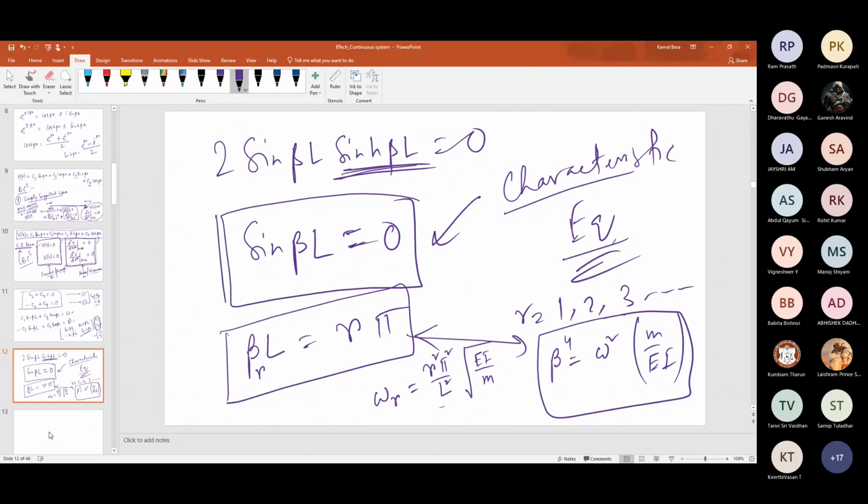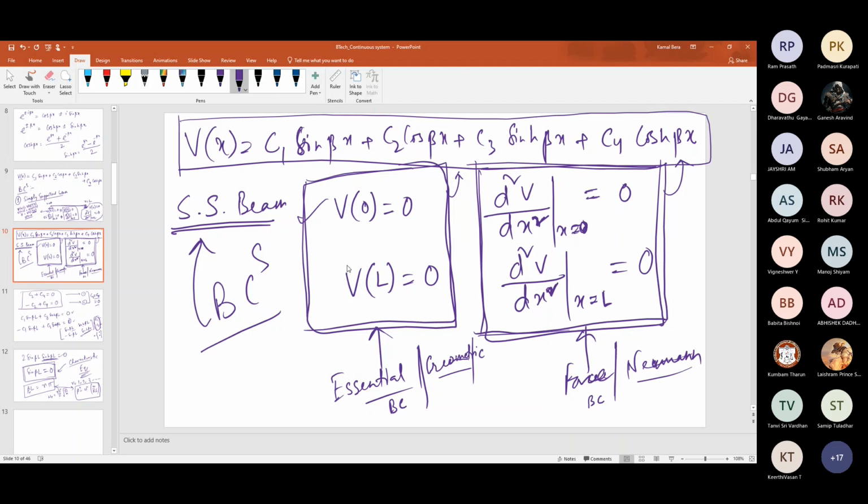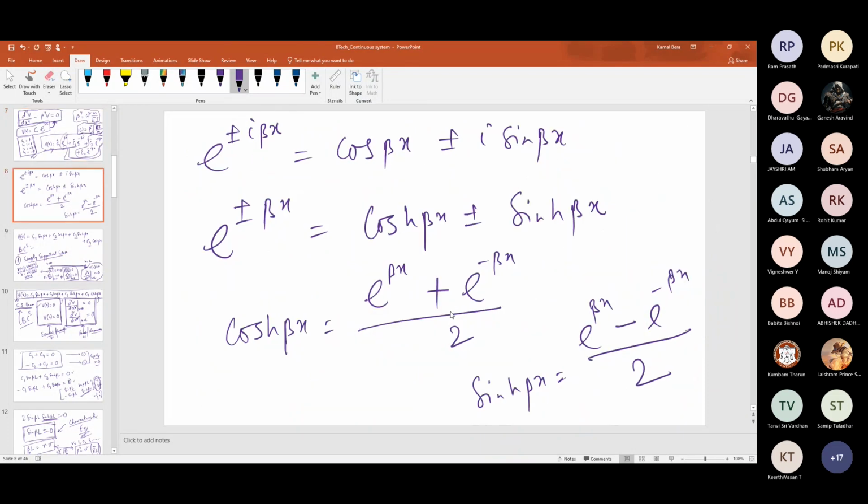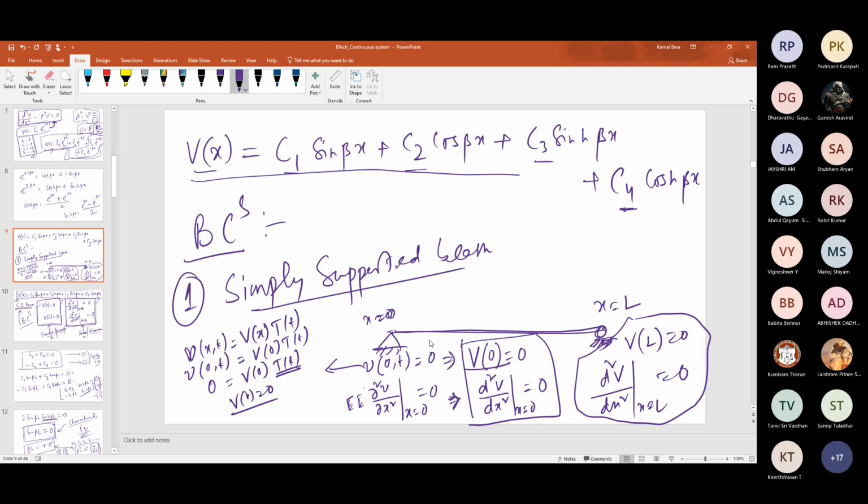Okay. So this I have, the characteristic equation. I am going back again and repeating here. So this is my solution of that fourth order ordinary differential equation. I have assumed the solution as some constant into e raised to sx. Then find out the roots, remember, s1, s2, s3, s4. This is the general solution. And I already told that you can express this in terms of sine and cosine hyperbolic functions, and sine and cosine functions. If you do that, you can write it in this form where C1, C2, C3, C4 are different constants which can be found out from the boundary conditions.